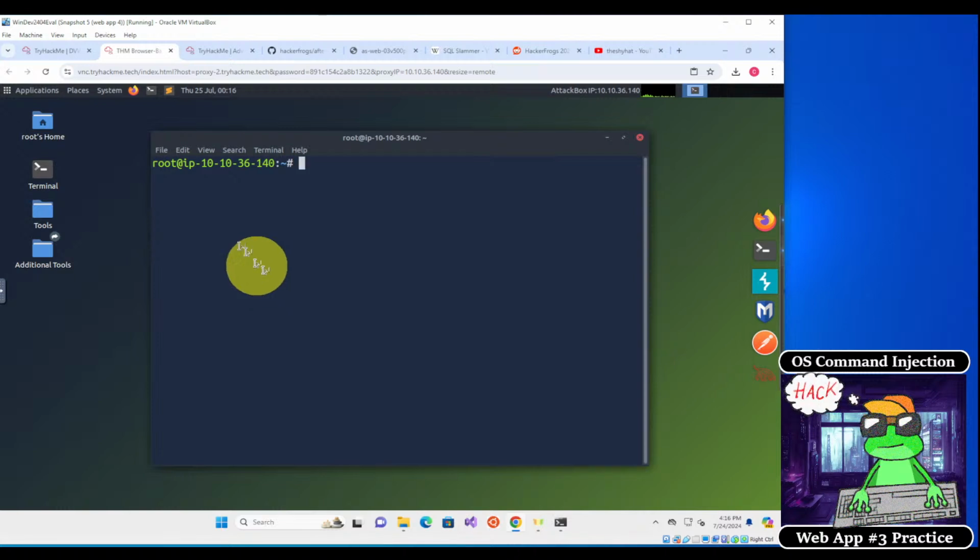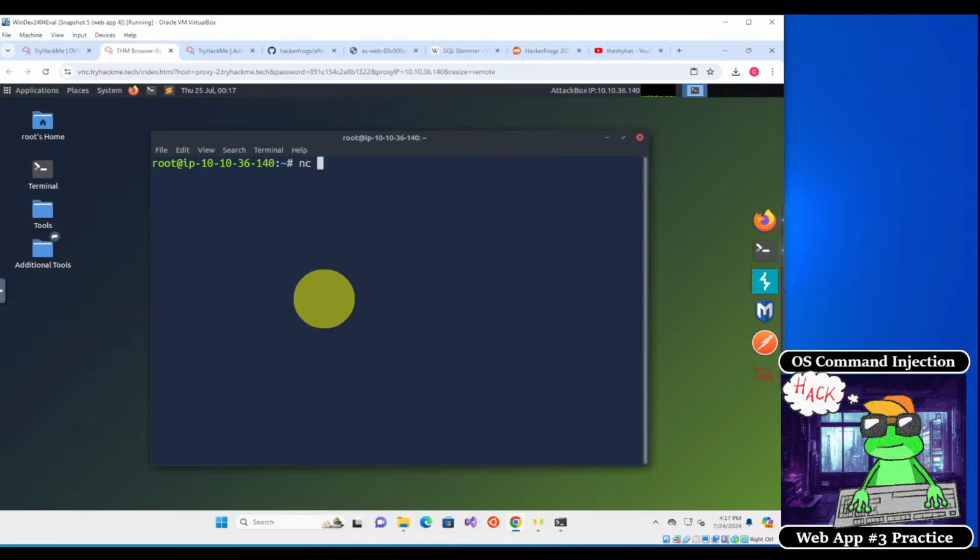So before that, what we're going to do is we're going to get our IP address. Actually, no, wait, we have our IP address. So on the attack box, your machine's IP address is actually the name of the system. So in my case, it's 10.10.36.140, but in your case, it's going to be something else. So we need to keep track of this attacker IP address for when we send the reverse shell command to the web server. So in order to set up our reverse shell listener, we do nc for netcat,